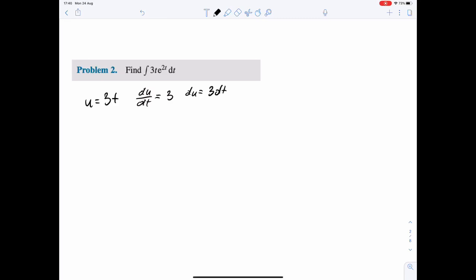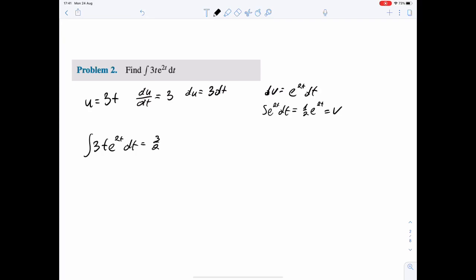Then I'm going to get that dv equals e to the power of 2t dt. Now I can take the integral of this expression, so the integral of e to the power of 2t dt is the same as half e to the power of 2t, and that equals my function v. So now I can combine this, so the integral of 3t e to the power of 2t dt is the same as, now I have uv, so that will be 3 over 2